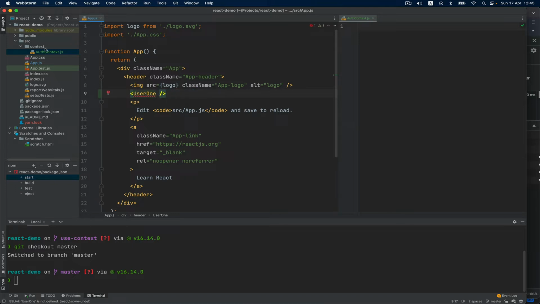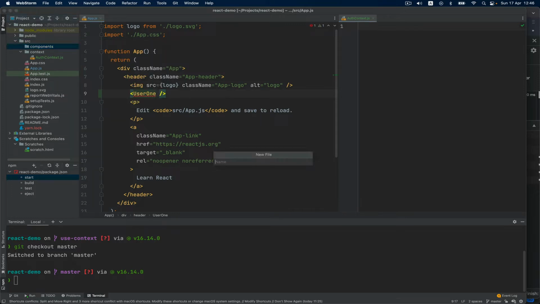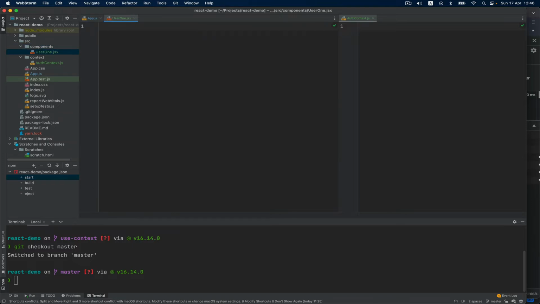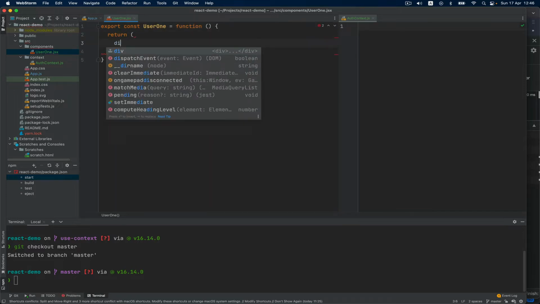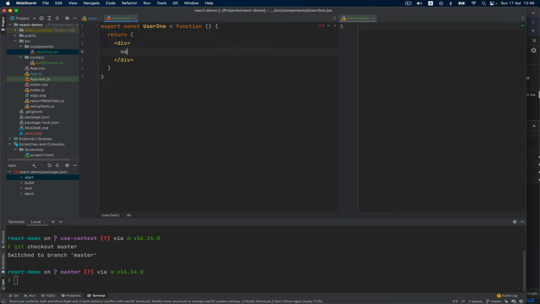So first of all, let's create this component called user1. We create a new directory called components, and inside the file user1.jsx. Inside here, we say export const user1 equals function and return a div, and here a span with 1. We'll have here the user listed, and also I want another component as I was just saying,